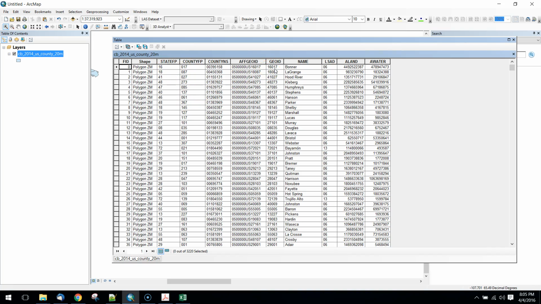So 16017 is going to be Bonner County, and that's got a state FIPS code of 16, a county FIPS code of 017. So both of those put together, or what's called concatenated, is going to be the Geo ID. So if we go back to our